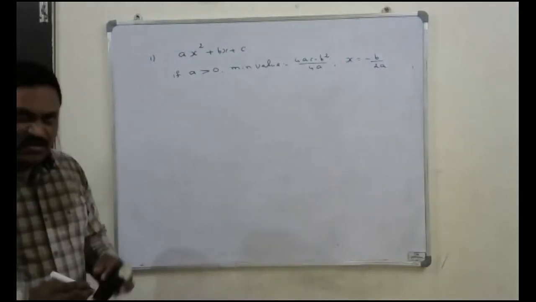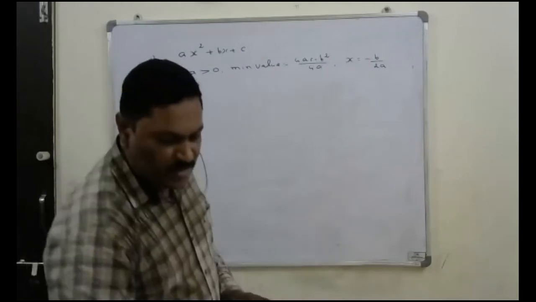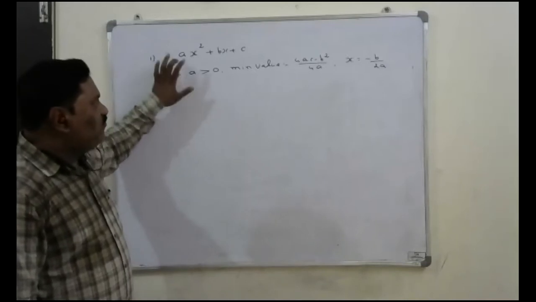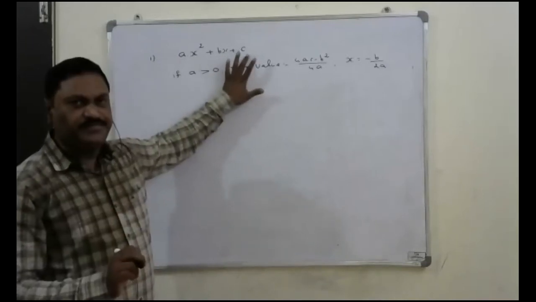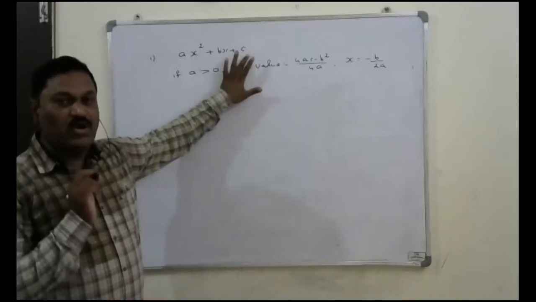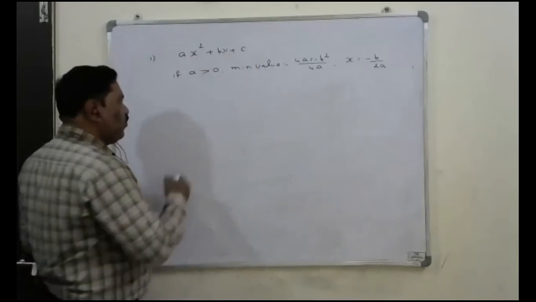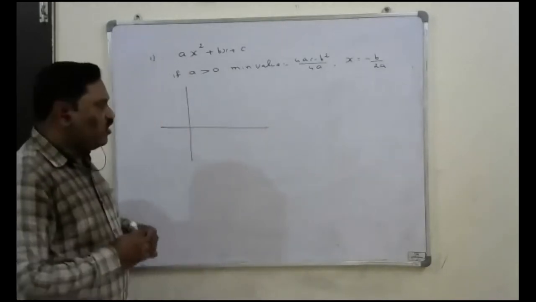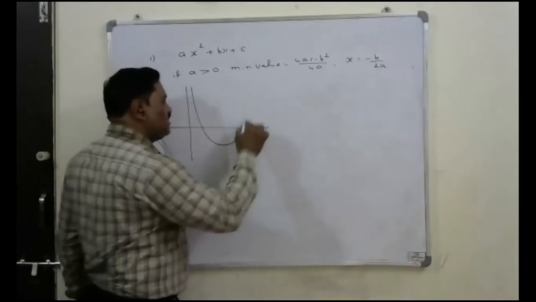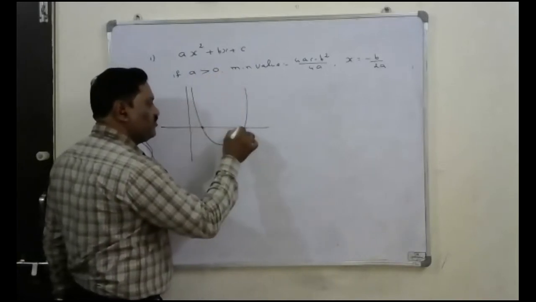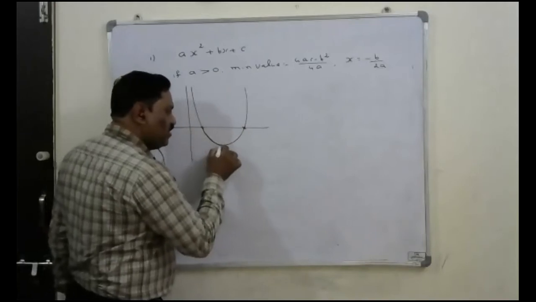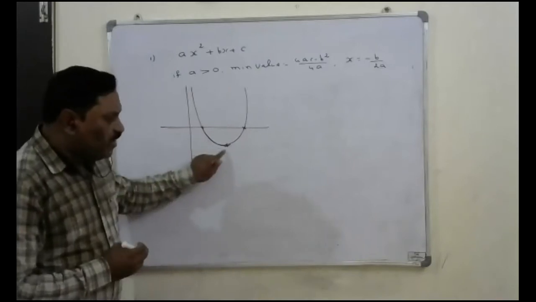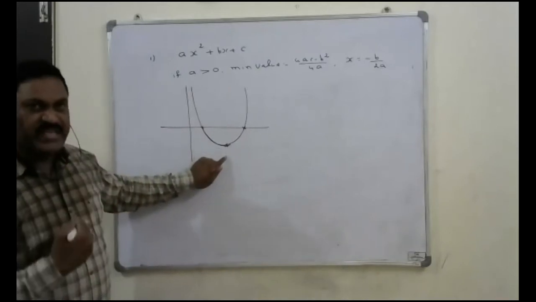Okay. And if you analyze this through the graph, when a is positive, if you draw the graph of this expression, that graph you'll call a parabolic graph. So if a is positive, there are three possibilities for that particular graph. One possibility is that it may intersect the x-axis at two different points, and it may have a negative value as its minimum value. So the minimum value may be towards the negative side. That is, it might be below the x-axis.